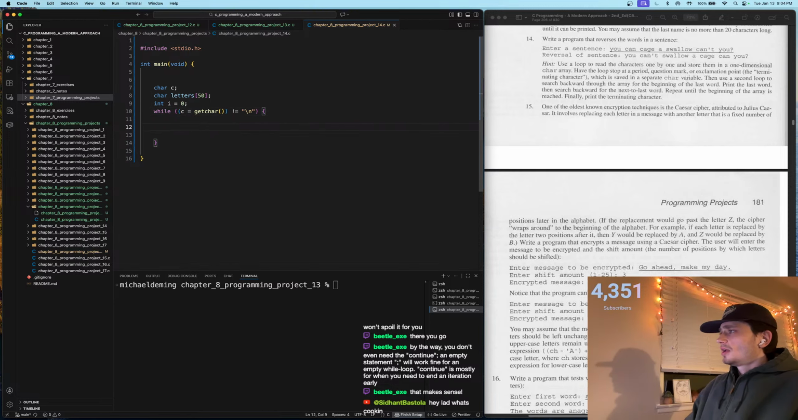Okay, we're going to say letters index of i is equal to the character, and then we're going to have i plus plus. We can do plus plus after that. And then